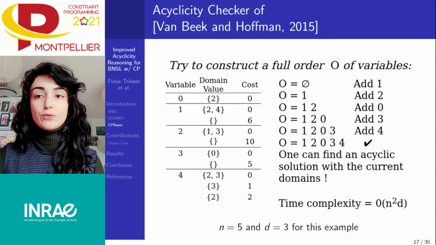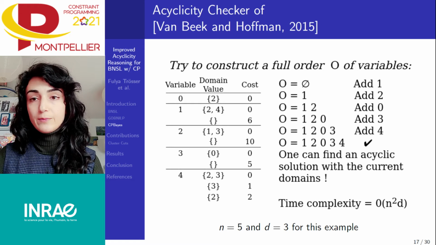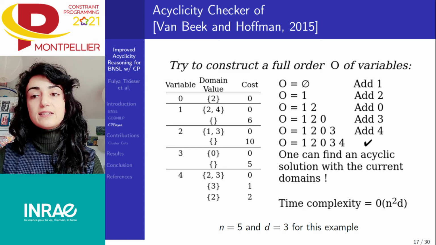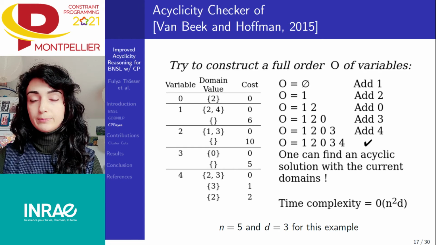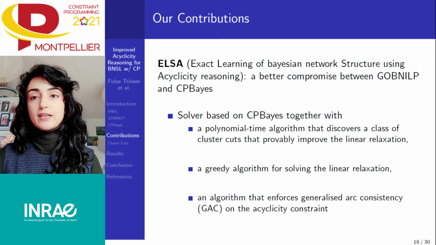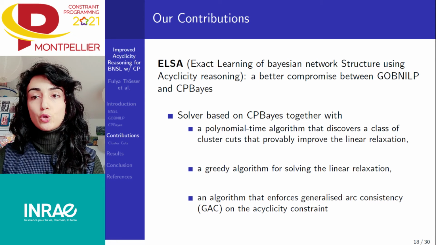The time complexity of this algorithm is O(n squared d), where n is the number of variables, which is 5 for this example, and d is the biggest domain size, which is 3. We implemented a solver that we call ELSA that is based on CP/S. We incorporated several algorithms in it in order to rapidly improve the lower bound and reduce the domain sizes of